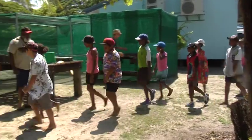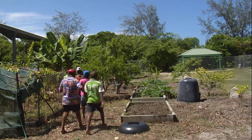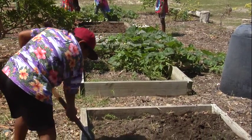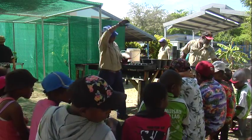Well, I can see Ranger as a great asset to the community. The partnership that we have with our TSRA Rangers is incredibly important to my role as the principal at the school. The 21st century means that our kids are becoming more and more detached from the land. For me, the Rangers are a critical partnership for us in enabling our kids to know where our food's coming from. For instance, our garden project, the greenhouse project that we're just establishing here behind me,